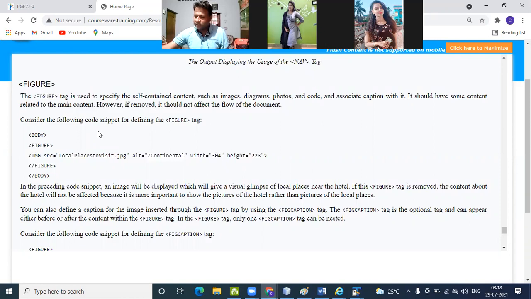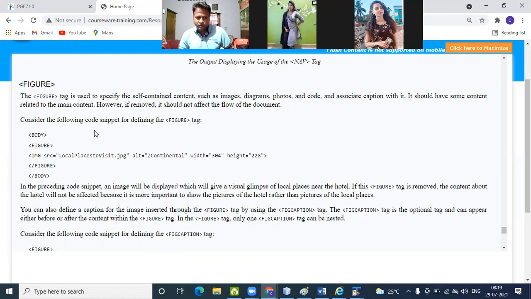So that is actually the figure tag that we are using. It contains self-contained content, meaning related things. If you want to place them together, then we use the figure tag. Basically, the figure tag puts together all the related images in one place.